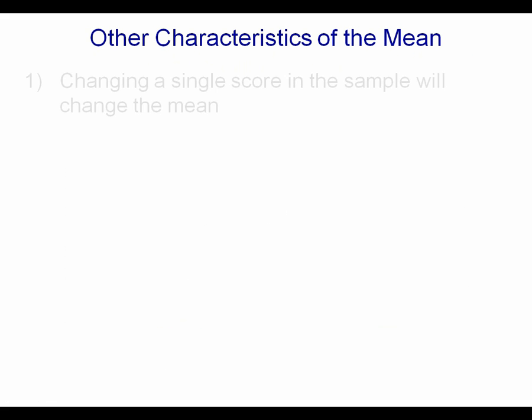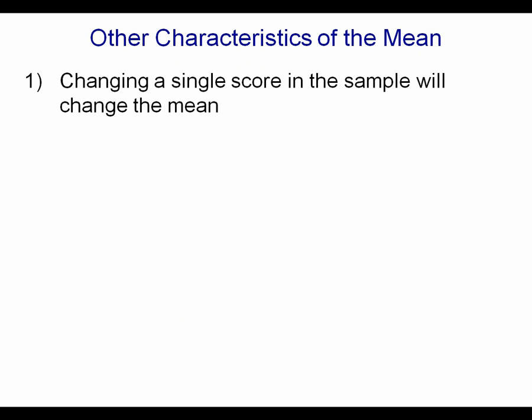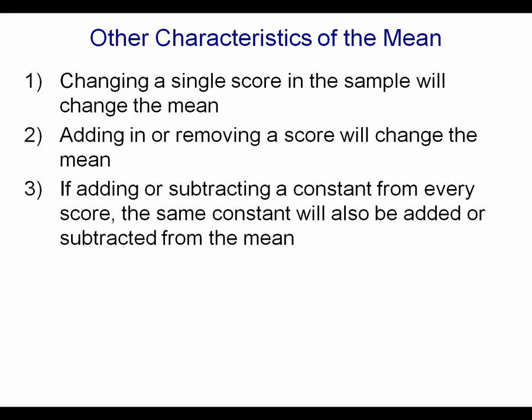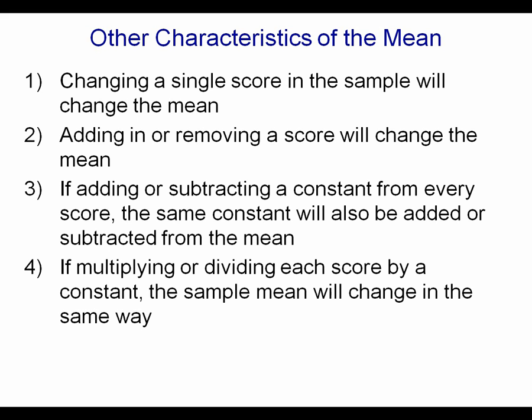Other characteristics of the mean. Changing a single score in the sample will change the mean. Adding or removing a score will change the mean. Third, if adding or subtracting a constant from every score, the same constant will also be added or subtracted from the mean. So in other words, let's say I added 2 to every score, well, that would also be reflected in the mean. And 4, if multiplying or dividing each score by a constant, the sample mean will